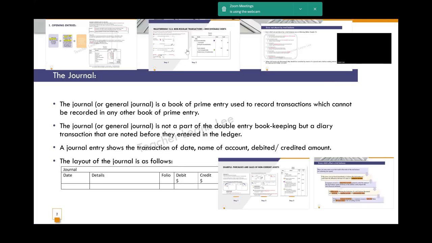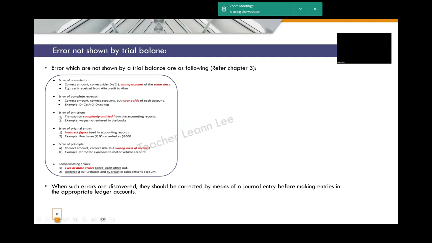And beside that, the general journal also acts as a place to adjust if there are any errors. So this is the sixth error that we have learned in chapter 3, the trial balance error. When your trial balance cannot be balanced, or cannot agree for both debit and credit amount, then at